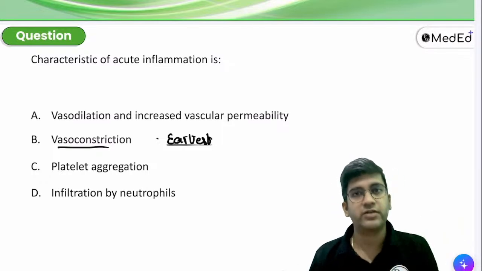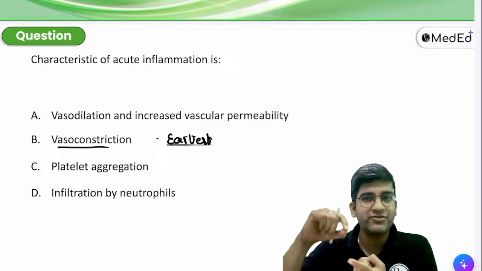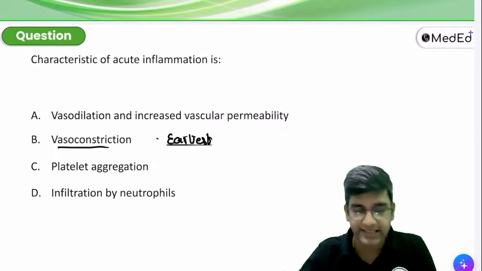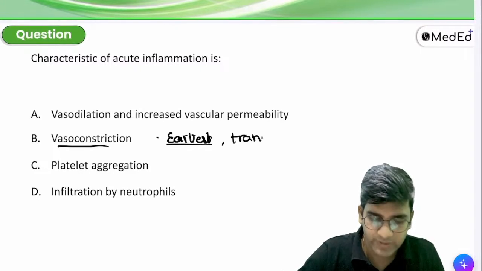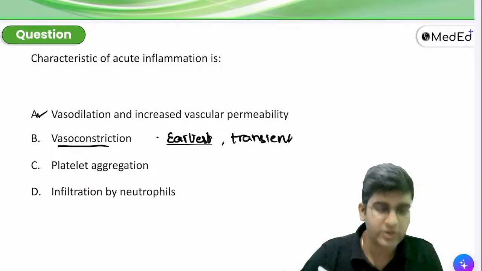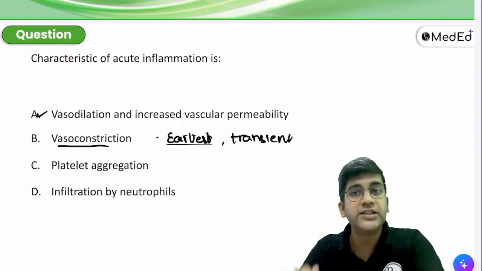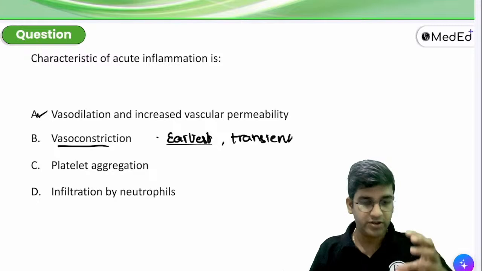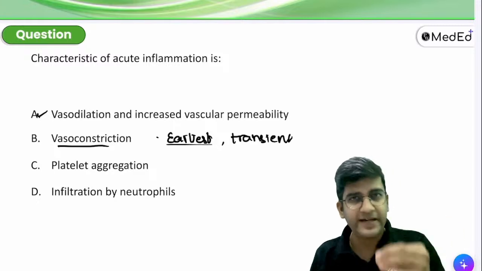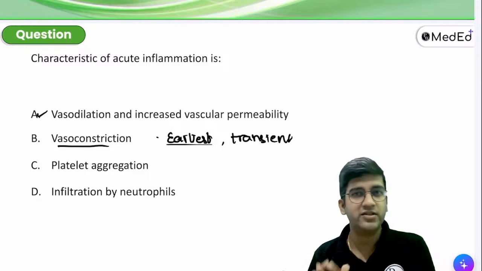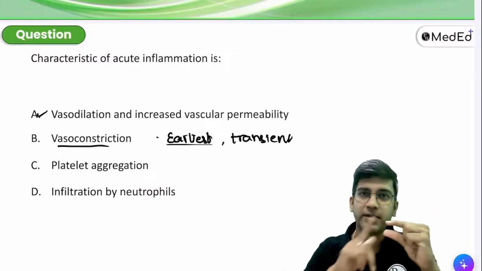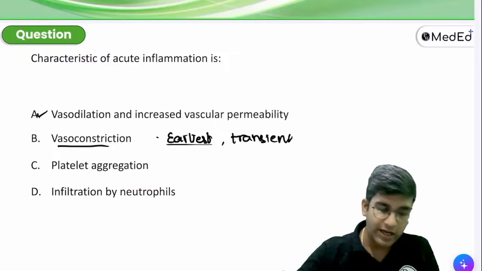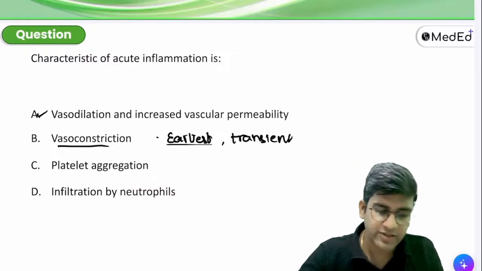So in any inflammation, when any bacteria, virus, fungi or injury comes inside, my vessel will try to constrict first. That's very transient. It's earliest and very transient. The ultimate thing is vasodilatation and increase in vascular permeability. This is true for acute inflammation throughout the body. I'm going to teach you how to generalize a few things, because repeating the same concepts in every subject, every chapter, does not make sense. I read one concept and apply it to multiple places, because that's much easier to extrapolate and learn, right? So for acute inflammation, I'm just going to write a few things.